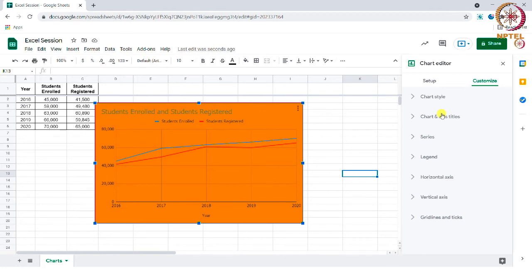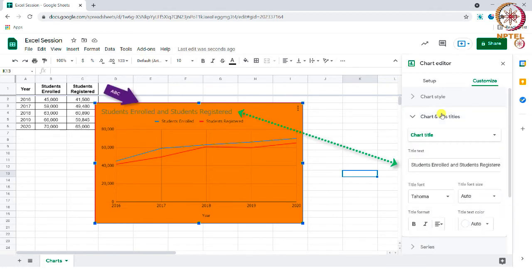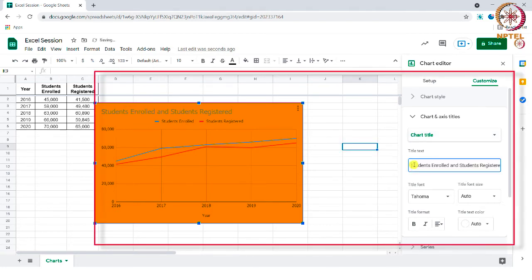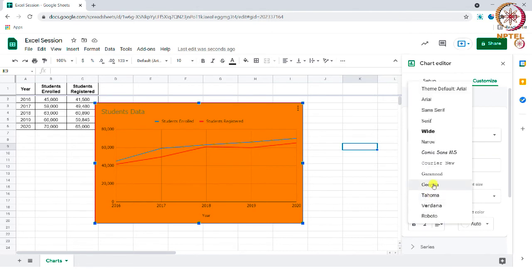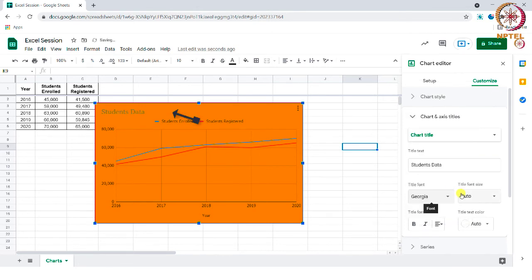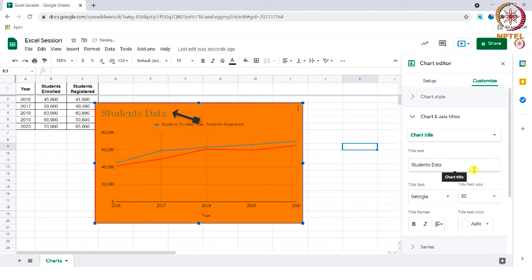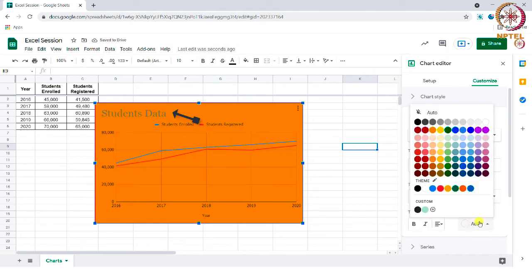Under chart and axis titles, we can choose the title of the chart and rename it. We can also add and change font size, and text color of the title.